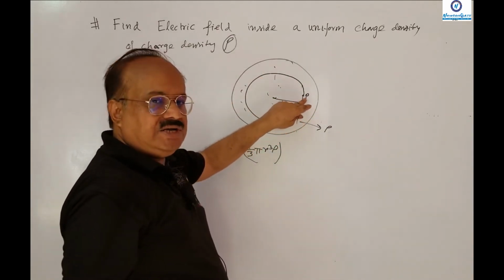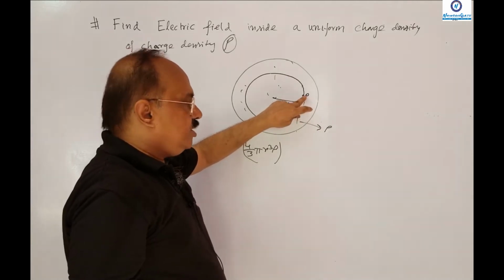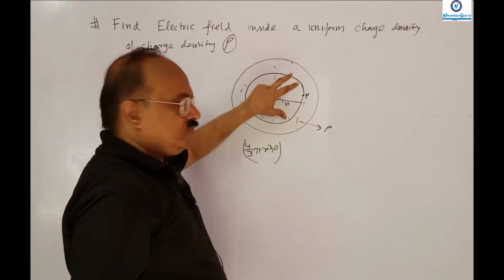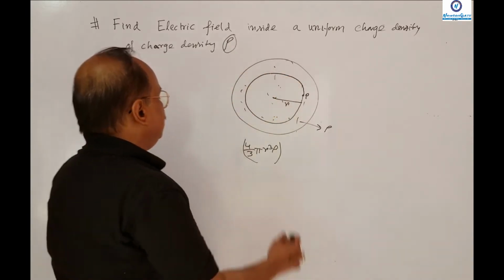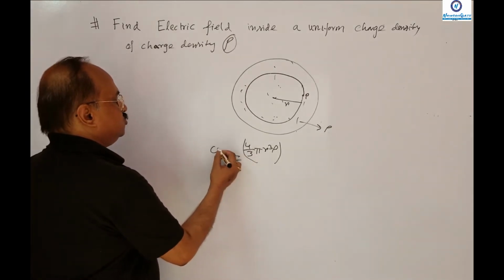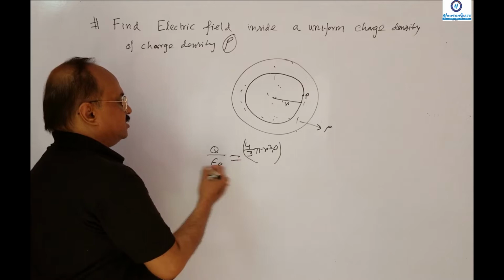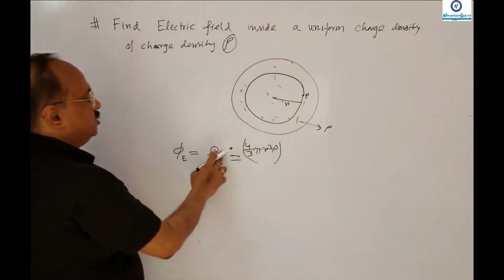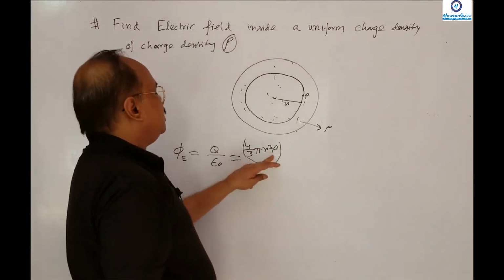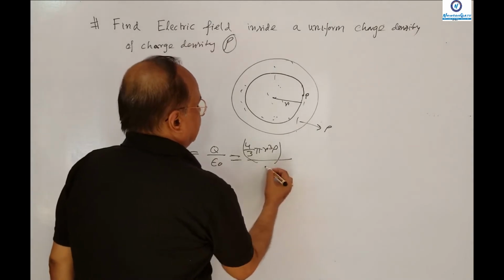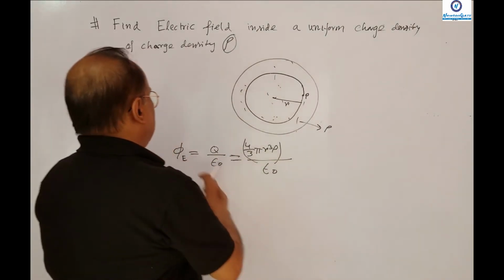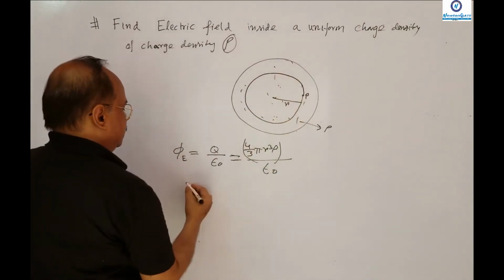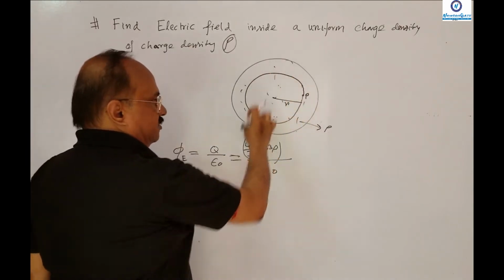Because I want to find the electric field at this point P, through the point P I pass a Gaussian surface which encloses some amount of charge within it. And what is the charge within it? That is this much. We know the rule of Gauss's law: the flux coming out of this Gaussian surface is equal to Q by epsilon naught. So Q is 4/3 pi r cube rho divided by epsilon naught. And what is the flux? You write the uniform electric field throughout it, E, into the surface area of this sphere,